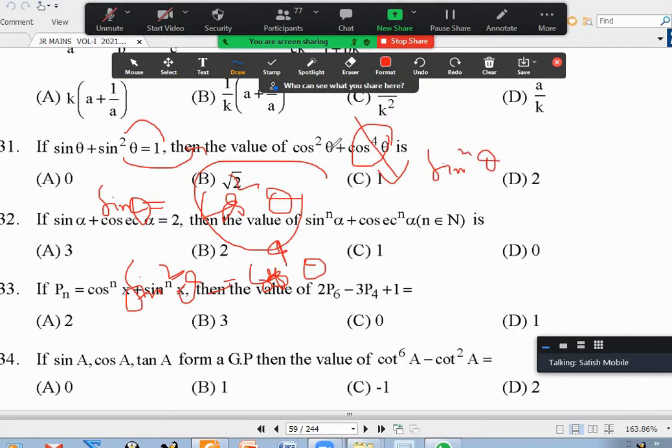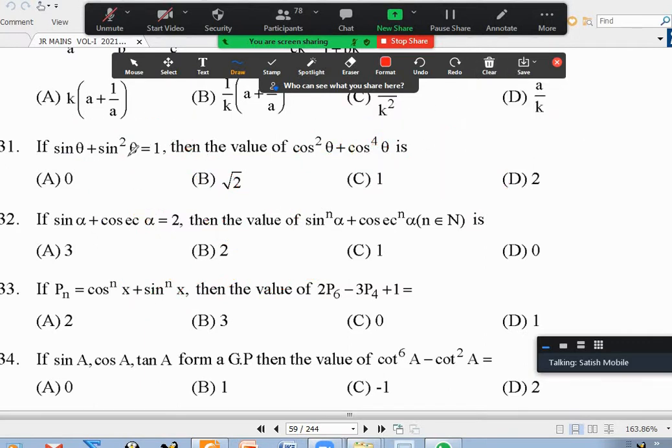In the place of this, whether I choose to write sin theta or not doesn't matter. As it is, cos square plus sin square is 1. If you want to write sin theta, no problem. Sin theta plus sin square theta is already 1, given in the question. So the main point is sending this one here, so that after squaring it, you can write cos power 4 as sin square. Anybody still have doubts about 31? No, sir. Okay.